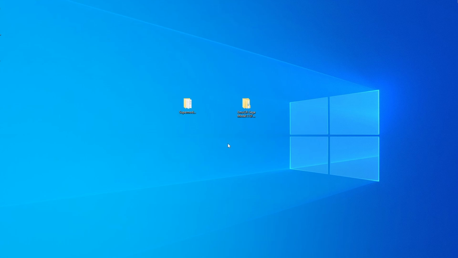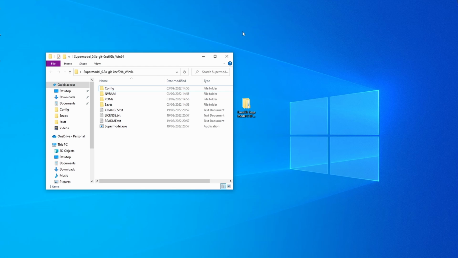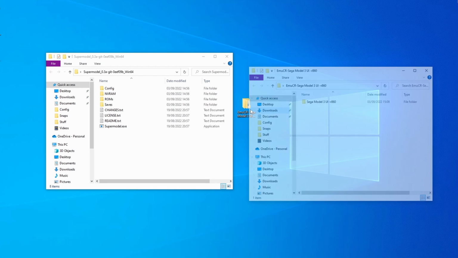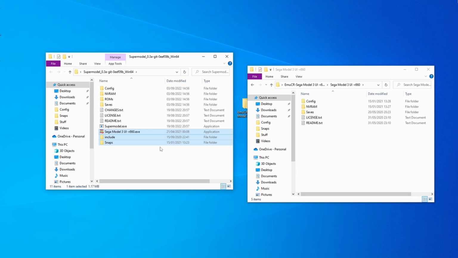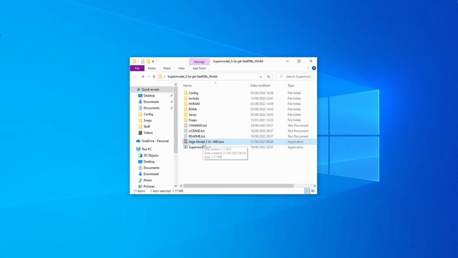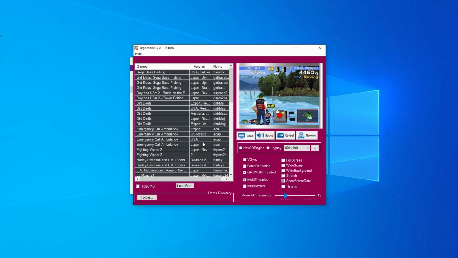and now we want to transfer some files from the Sega Model 3 UI folder into the Supermodel folder. So it's going to open up my Supermodel folder on the left and the UI folder on the right. Now we want to transfer the include folder, the snaps folder, and the UI exe. Only transfer those three files. Do not transfer any of these other files at all. All you need to do to start the Sega Model 3 UI is just double click on it, and